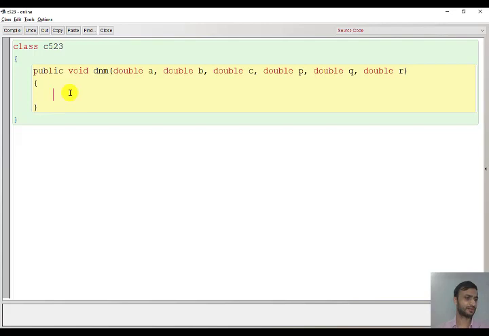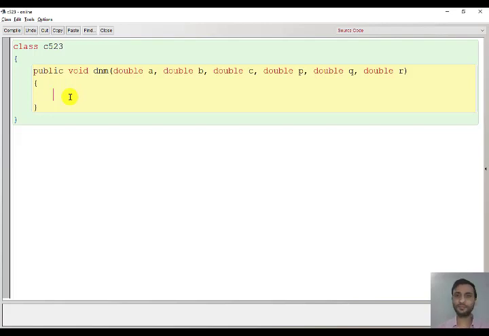Then we have to find the value of x and y. But before that, we need to check if it is possible to find the value of x and y. Why am I saying that? Because it is asking that if AQ minus BP. What is AQ minus BP? If you see closely in bit A and B of bit 2, x equal to (CQ minus BR) by (AQ minus BP), and similarly y equal to (AR minus CP) by (AQ minus BP). The denominator is the same, that is AQ minus BP. If AQ minus BP is 0, it means the denominator is 0.